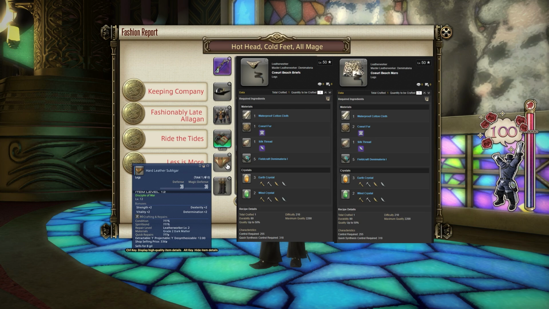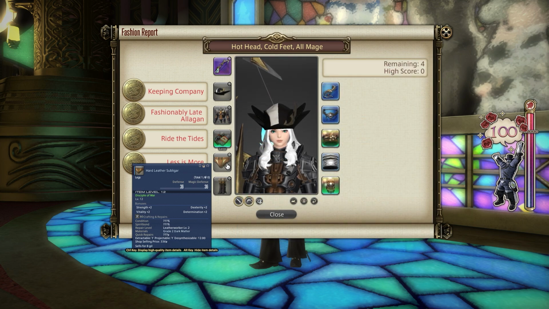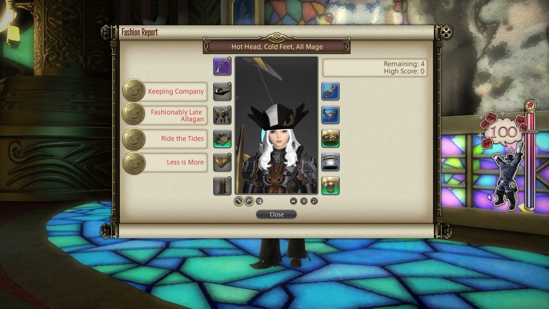those this week. But the hard leather subligar, obviously putting you towards a Disciple of War choice, and of course, depending on what gloves you have, is, you know, which chest you go for. So it kind of nails it down a little bit and narrows it down. So that's the 100 if you want to play around with that. If you're not really bothered about the 100 and you just want your maximum MGP, let's move on to the